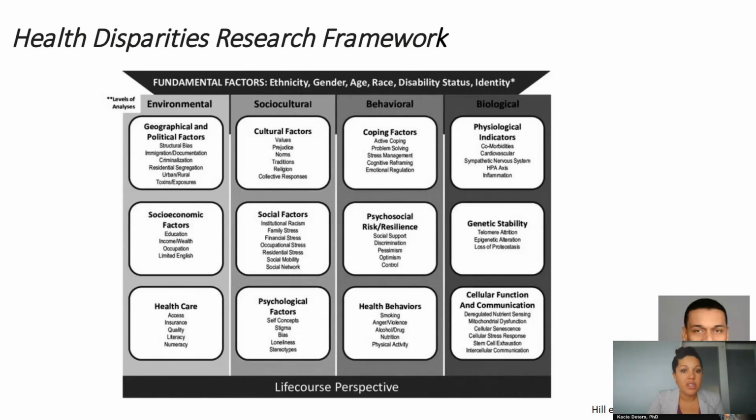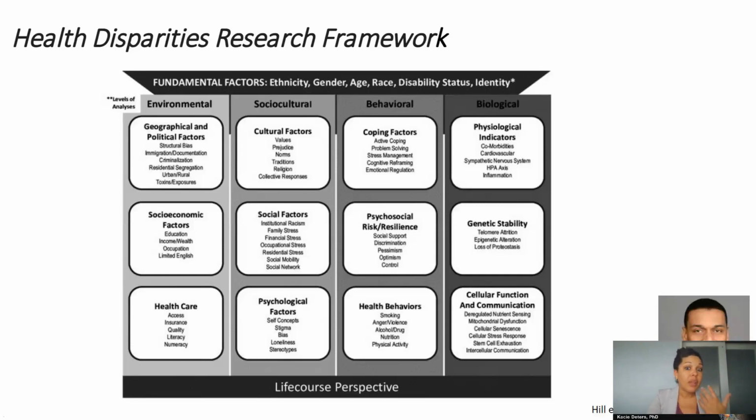So let's not just focus on the biological factors, which I have been to date, but let's also focus on environmental, sociocultural, and behavioral factors that might contribute to these. A person doesn't just wake up at age 65 and start to have memory decline. These factors occur over the life course, and it's really important that we start collecting data or asking questions